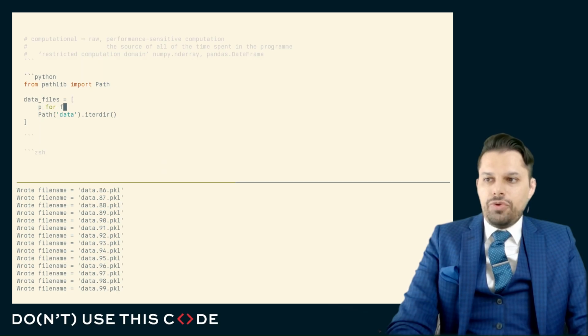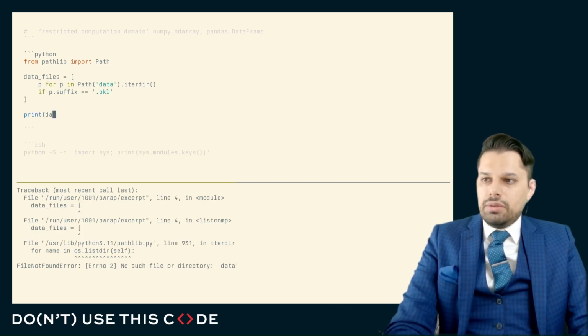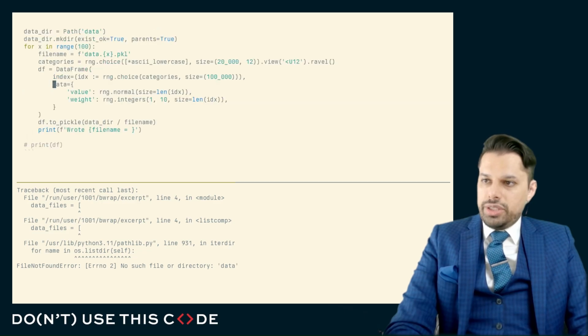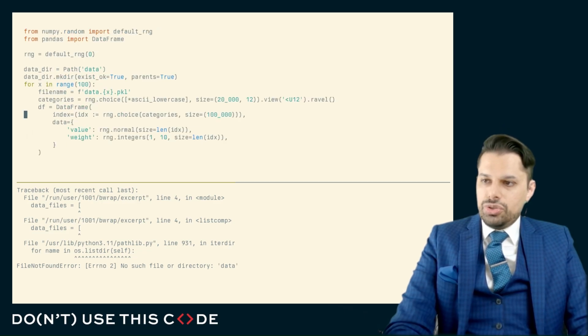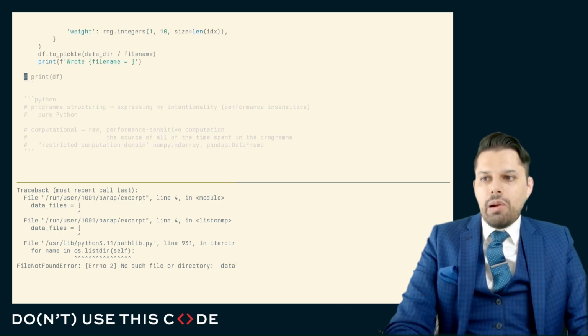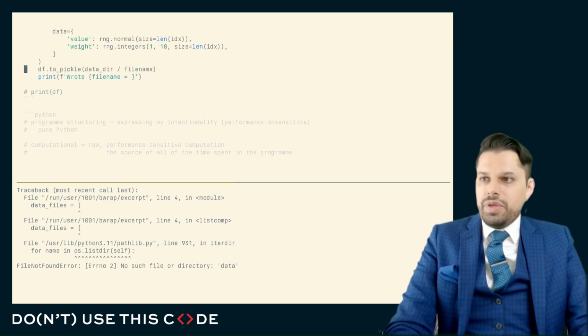Here, for each path in the paths that I have, if the path suffix equals .pkl. And let's make sure our data directory existed. That's good. Oh, and this needs to be mapped into our environment, so let's get that done as well. So here we'll do one small thing just to make that available for our use, which requires getting that available in our environment. So here we'll bind